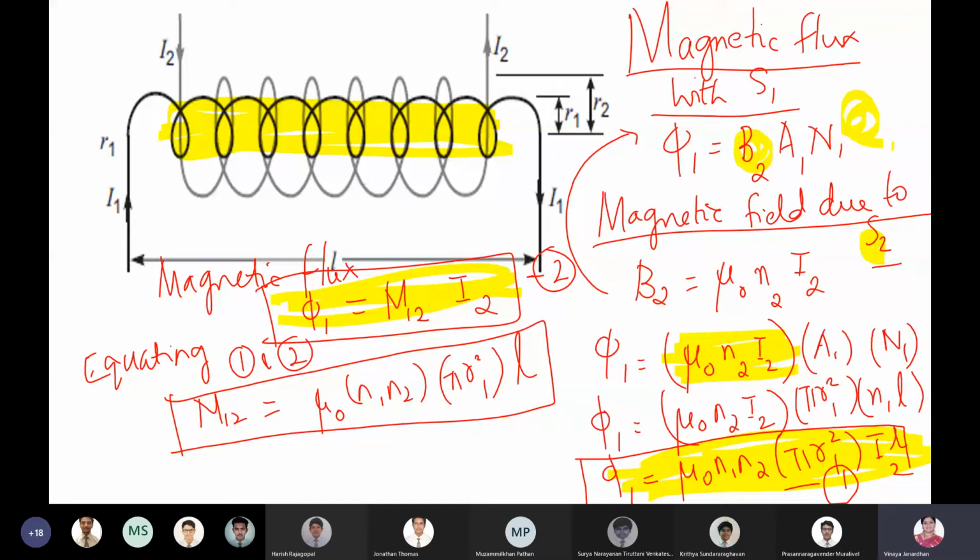Investigatory project. Yesterday I told three of you, I've seen some messages, three of you combine yourselves together, select one experiment and start writing, boys. You can browse your net. Now you'll have enough time to do that. And then you have previous year papers, two sample papers, five questions from each. That's it, because we don't want to burden you. Only these two sample papers and one investigatory project.